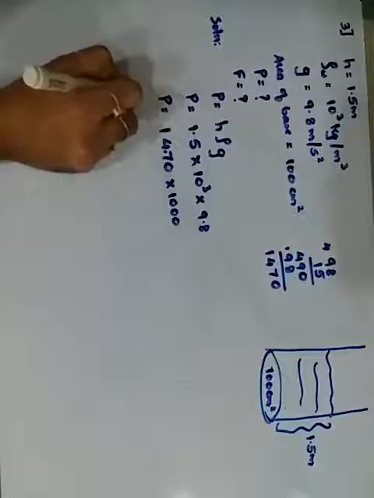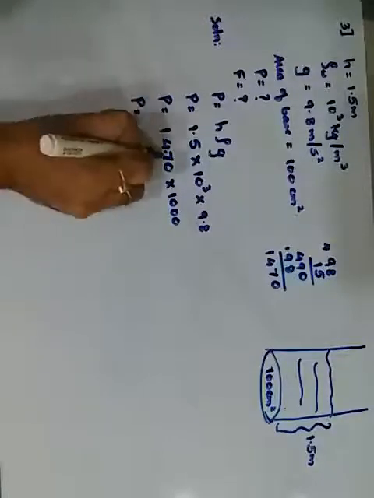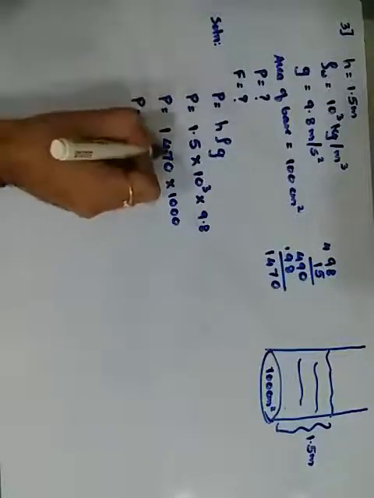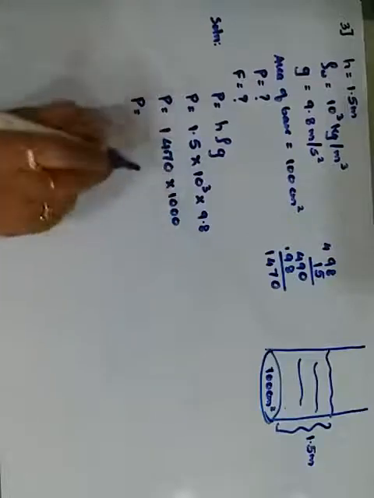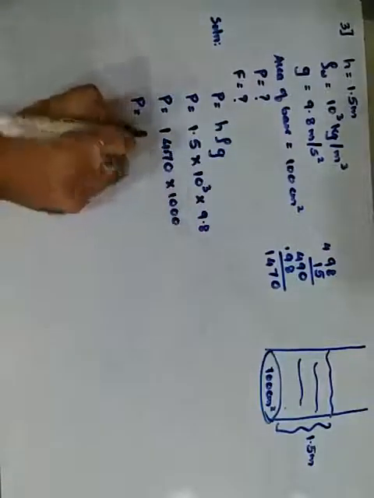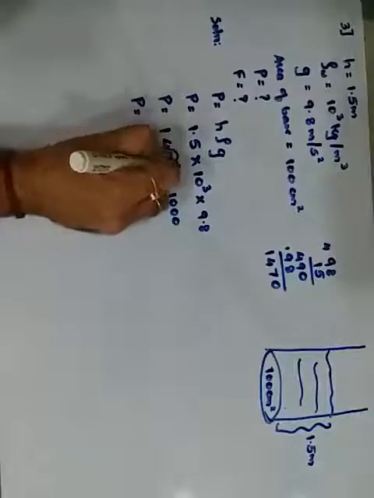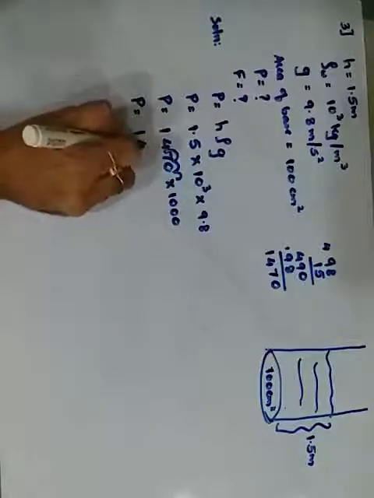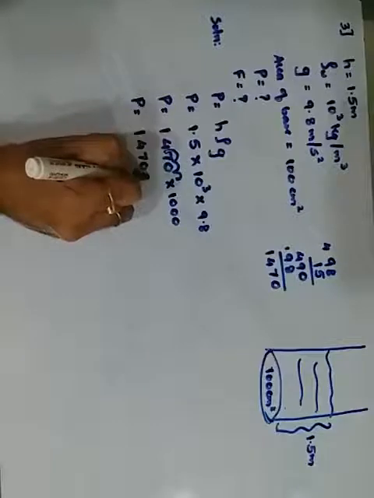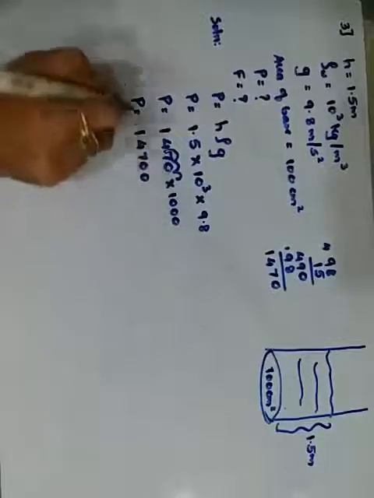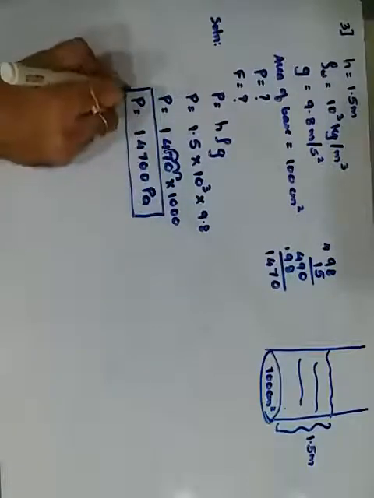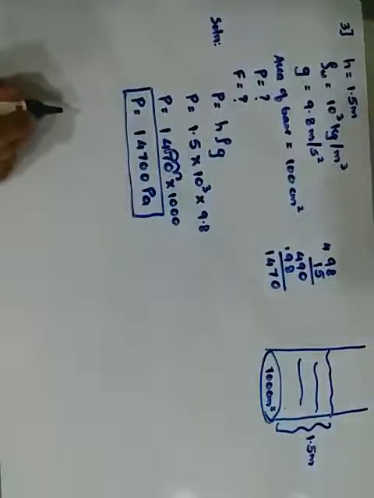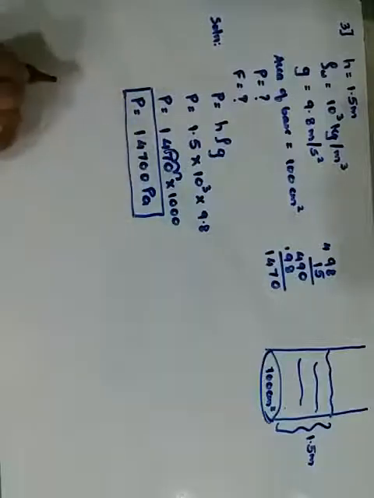Getting it? Therefore pressure is equal to 14.7, but in physics I told you it should be after one decimal. If you multiply by 1000 it should move to this side. That is how many? 3 places: 1 place, 2 places, and 1 more 0. Therefore 1470 with 1 more 0. Getting it? So this is the pressure exerted. This many pascals of pressure is exerted on the bottom, on the base of the cylinder. Getting it? Okay, I have given a simple calculation.